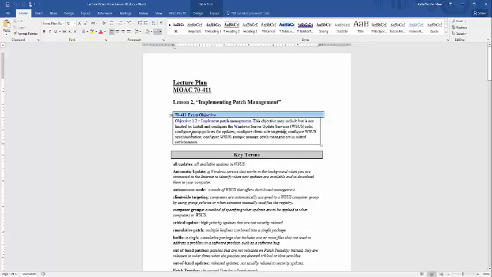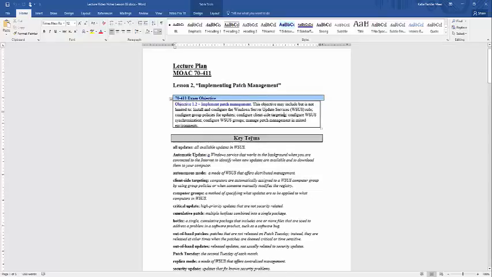And then configuring group policies for updates, client-side targeting, configuring WSUS synchronization, configuring groups, and patch management in a mixed environment. So there are about 6 different subtasks under this objective.